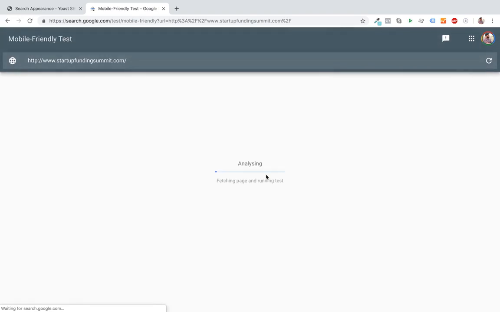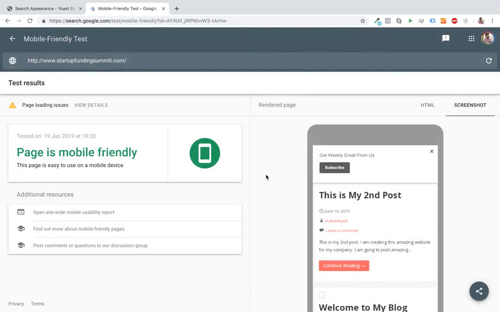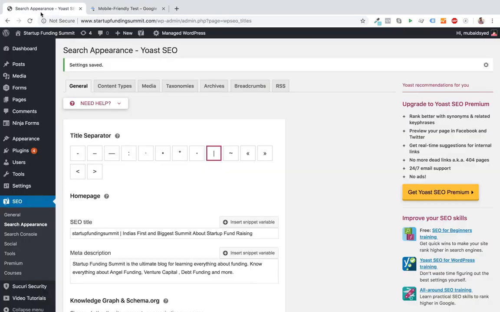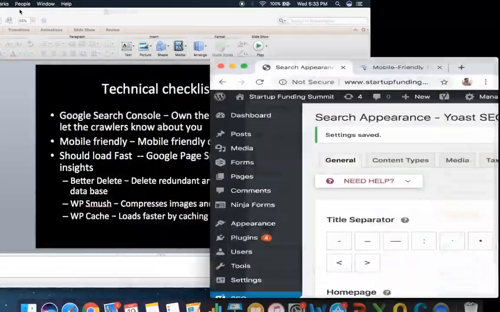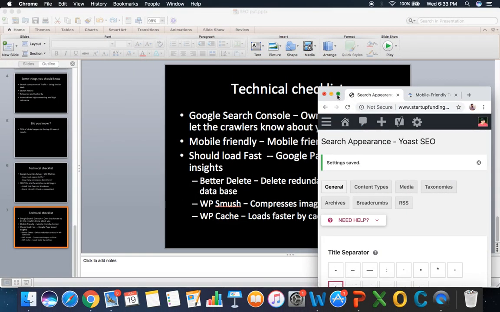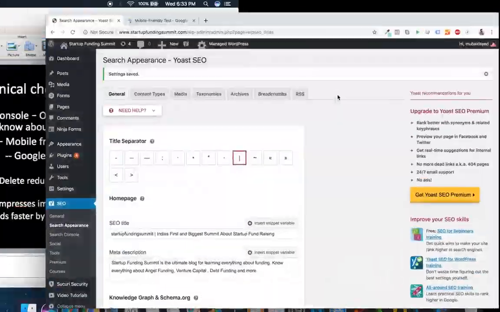It will automatically show if the page is mobile friendly. It's very important for your site to be mobile friendly, because at least in my dream store's case, we are observing that more than 80% of the traffic comes from mobile, and that's the case with most users right now. Having a mobile first and mobile friendly approach is the only way it works. So the page is mobile friendly. If you're using a WordPress blog or any good content management system, it should be mobile friendly. So that check is also done, and we are also going to check the page speed test, right?